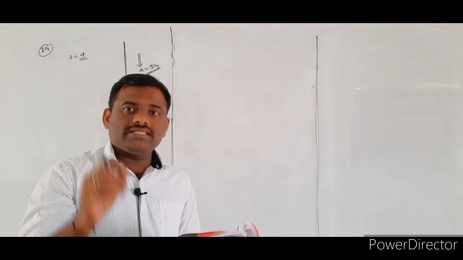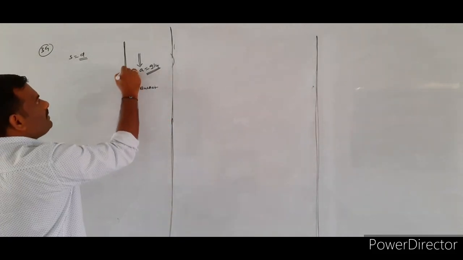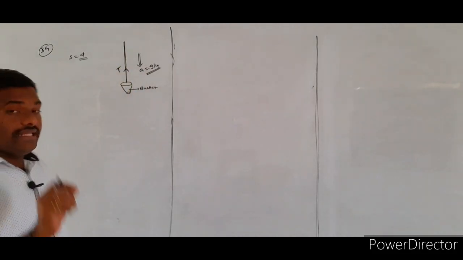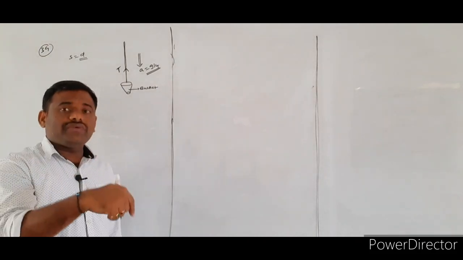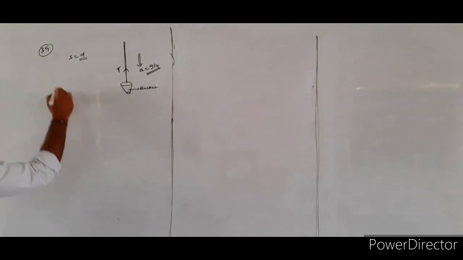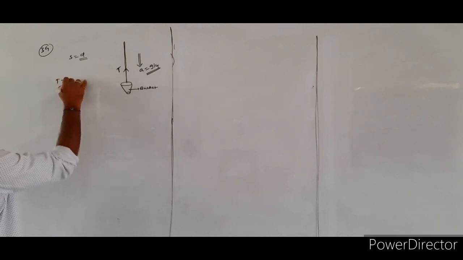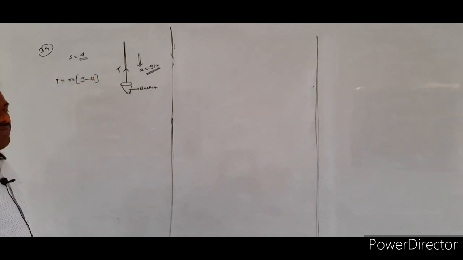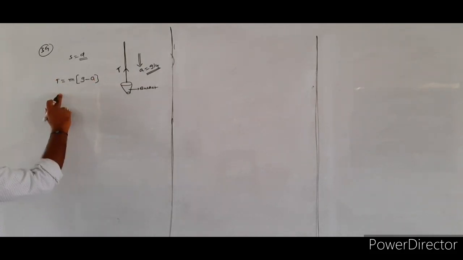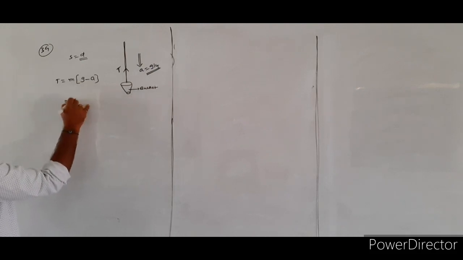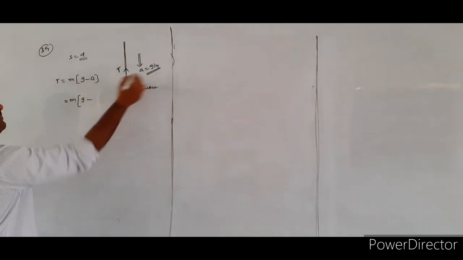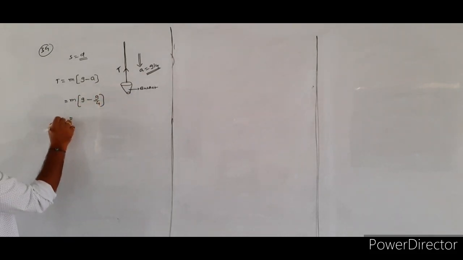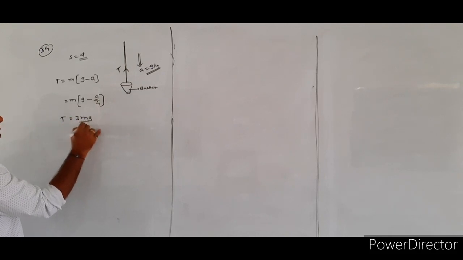Work done by the rope means what? In the rope, which type of force will be developed? Tension will be developed. Already we discussed this in the lift case problems. Whenever the lift is moving in the downward direction, the normal reaction is N = m(g - a). Here in place of the normal reaction, we are taking the tension. So the tension developed within the rope whenever the bucket is moving in the downward direction is given by T = m(g - a). With a = g by 4, g minus g by 4 is 3g by 4. So the tension value is equal to 3mg by 4.